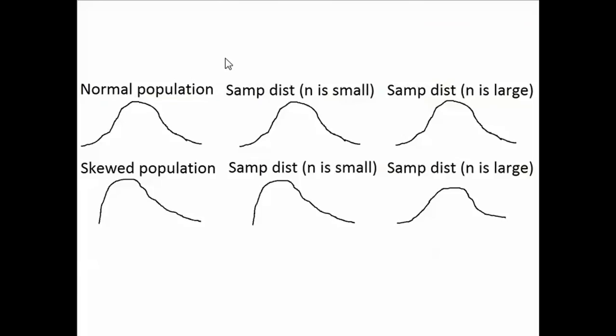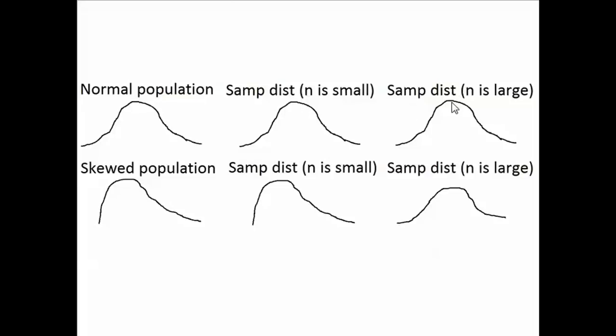Slide, which is just a summary of the central limit theorem. The central limit theorem says that if the individuals in the population follow a normal distribution, the sampling distribution of sample means is always normal, regardless of what sample size you're dealing with. In the demonstration that we just did, we saw that when the population followed a normal distribution, the sampling distribution of sample means was normal with a sample size of 10 and with a sample size of 30. So the shape of the sampling distribution was always normal when the sample size was small and when the sample